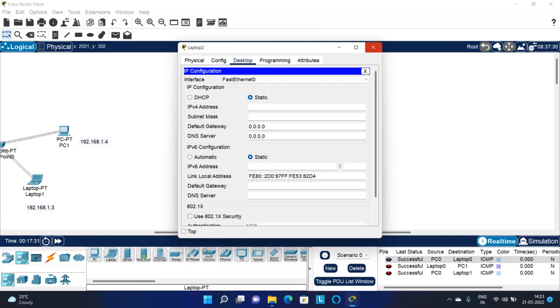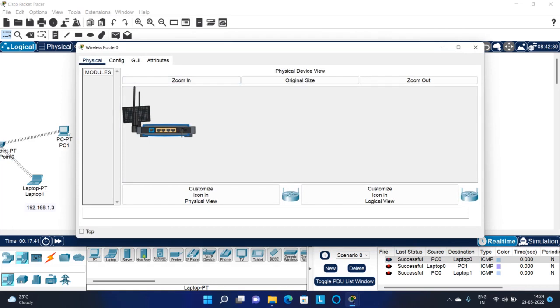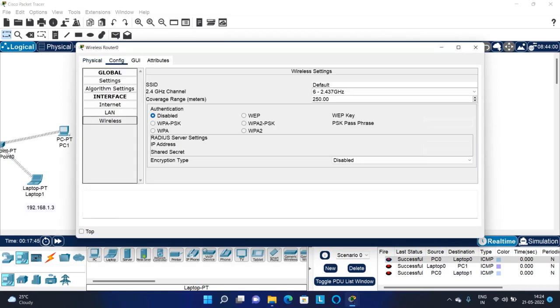Even an IP address is not required since it is going to be a dynamic scheme. DHCP will give IP addresses once we connect these devices together. Now I'll go to config mode and select wireless in this one. Here the SSID name is default. It has taken some name, default. I'll change this SSID name,